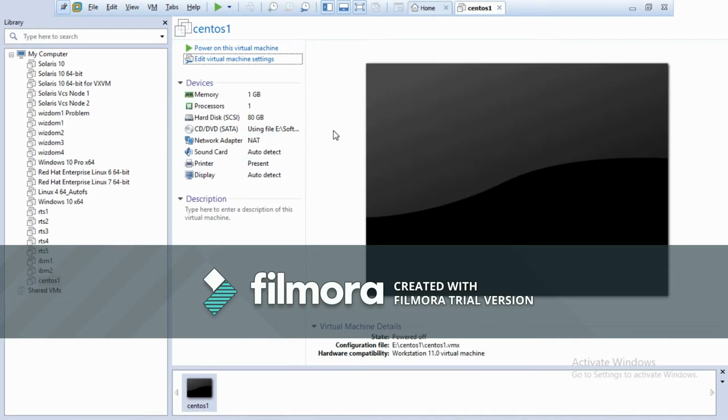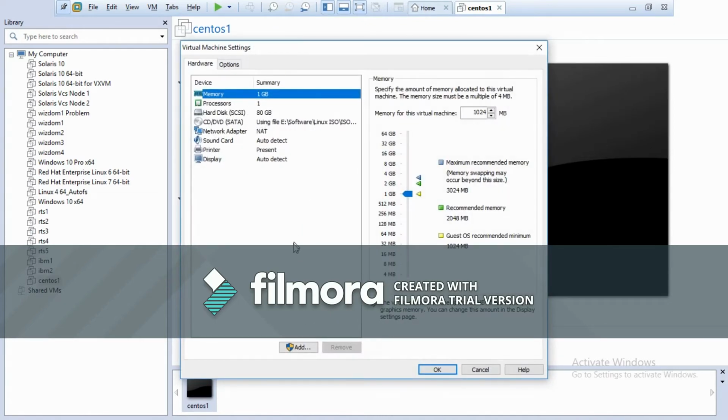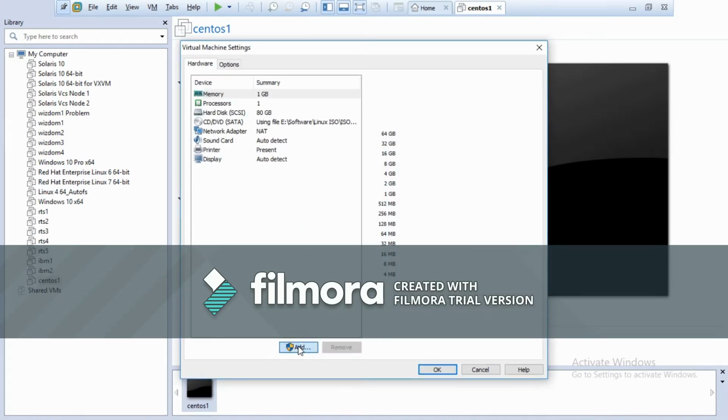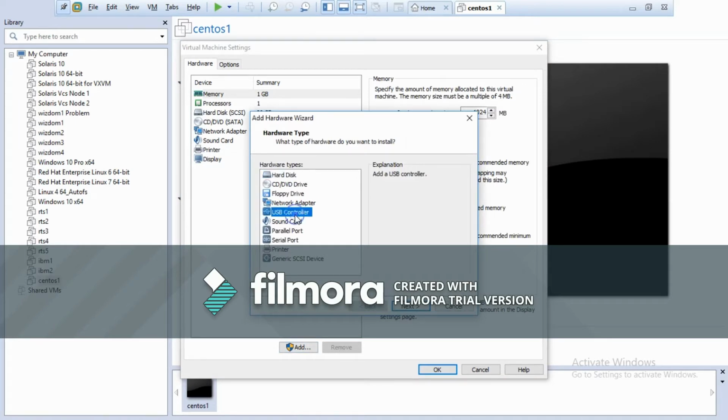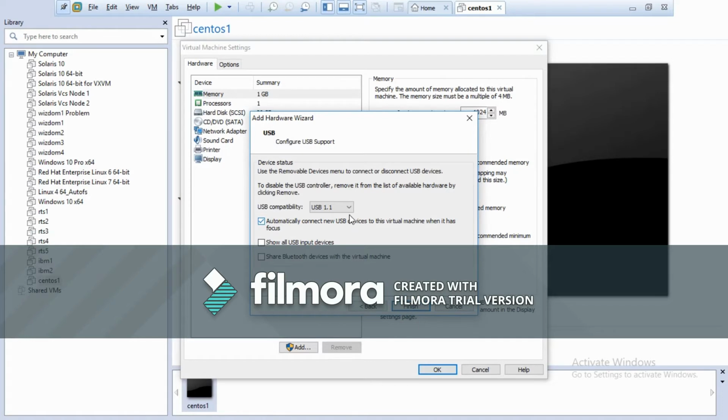Now if it's there, then it's fine. Suppose the USB controller is not there, how will you add it? First you need to go to edit virtual machine settings, then click on the add button, select USB controller, and click on the next button. Here you have to select your USB version. As I mentioned, my USB pen drive version is 3.0, so let me select 3.0, and then below this they have three